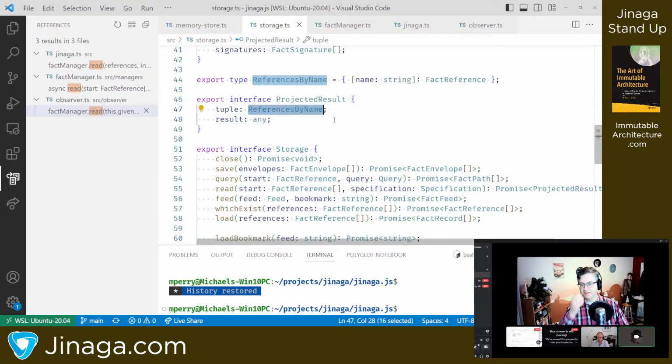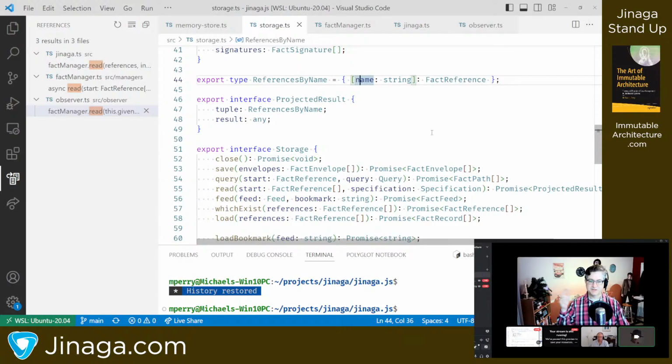But then the tuple is so you can keep track of which result it is we're talking about, and that helps with the observable collections. So that's all of the names that you've given to the match statements.